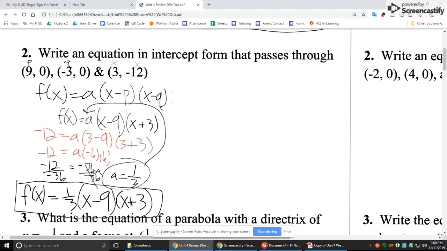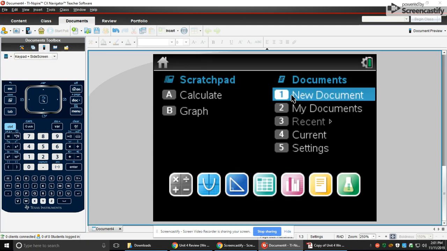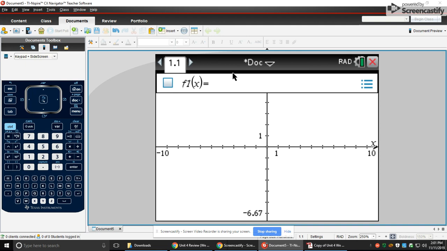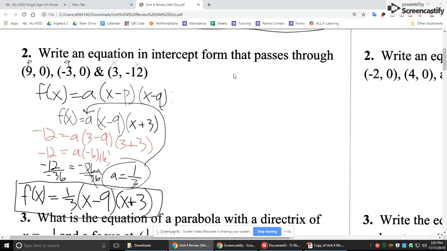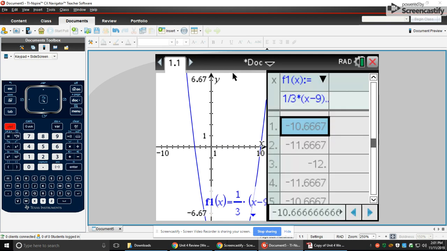Since it's multiplied by the a, I have to divide it out. So -12 divided by -36 is positive 1/3. So my function is 1/3 times (x minus 9) times (x plus 3). And the way you would check that, if you wanted to, is open up a new document, add a graph, and then type in your answer choices, or you can type in what you just did if you're really trying to be thorough and you don't want to mess up. You type that in and then do Control T,